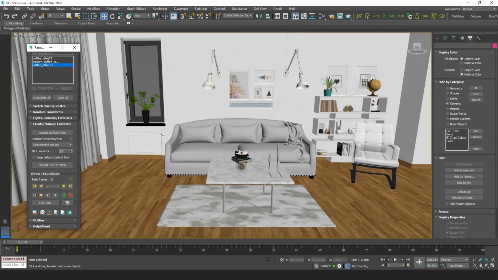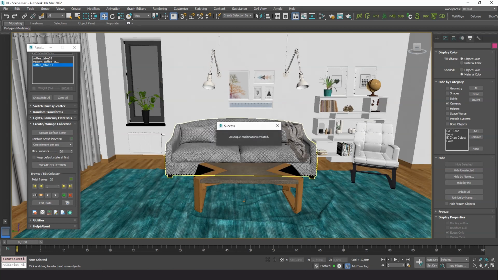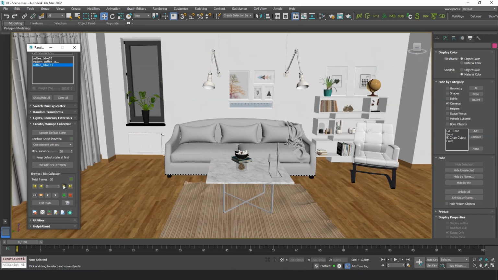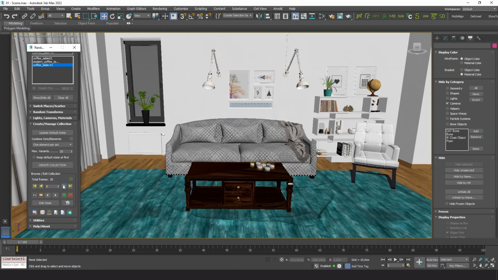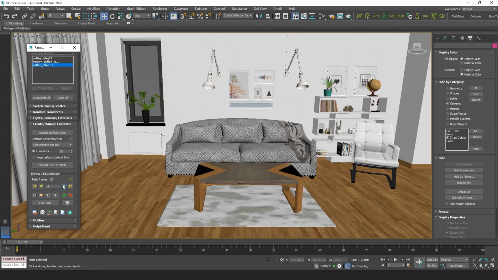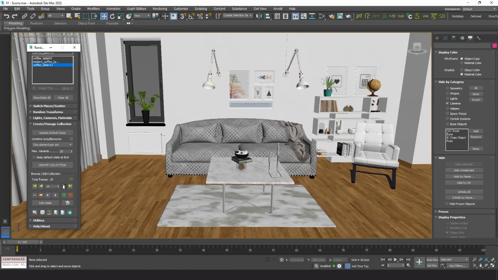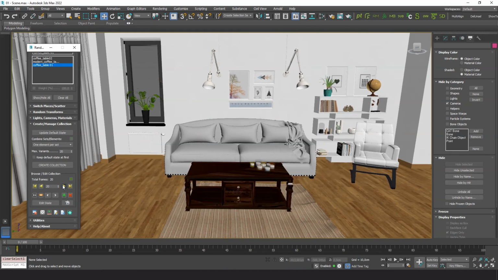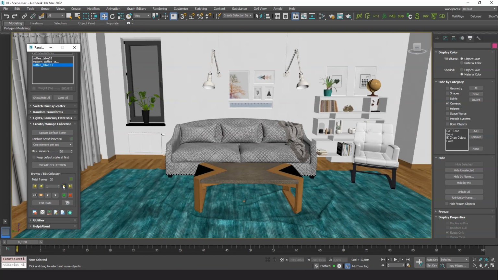Let's ask for 20 variants now. Great, now we have a nice range of variation.